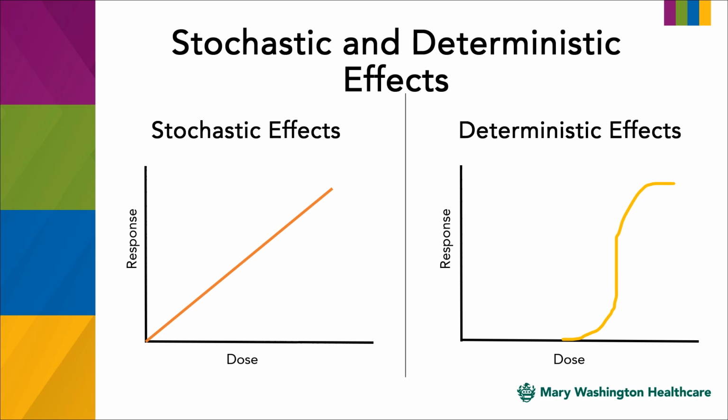Secondly, we have deterministic effects in which there is a non-linear response and there is a threshold, so that there has to be a certain dose before you see a response. An example is permanent sterility. It takes 5 gray to cause permanent sterility, and unless you have 5 gray, you're not going to see permanent